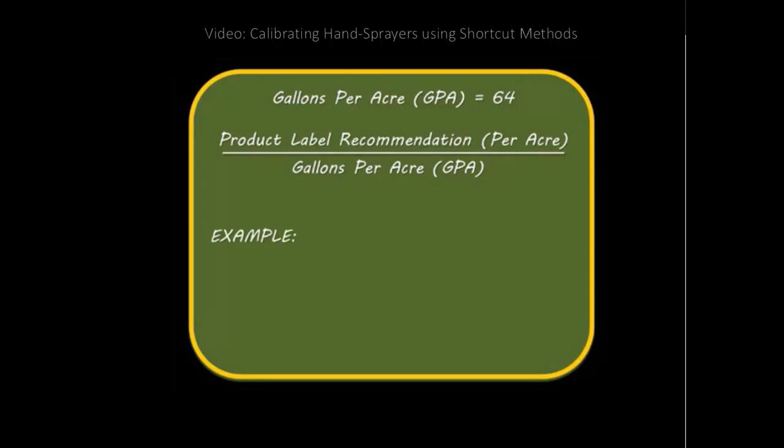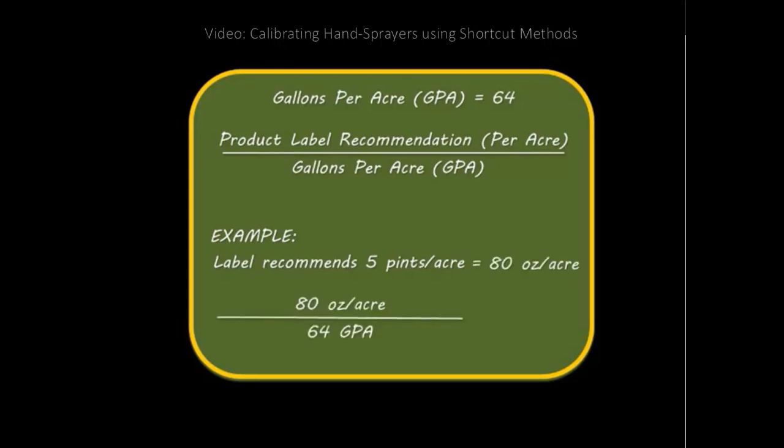In our example, our product label recommends an application of 5 pints per acre. Convert pints into ounces. 1 pint equals 16 liquid ounces, so 5 pints equals 80 ounces. We divide that by 64 gallons per acre, and this tells us we need 1.25 ounces of solution per gallon